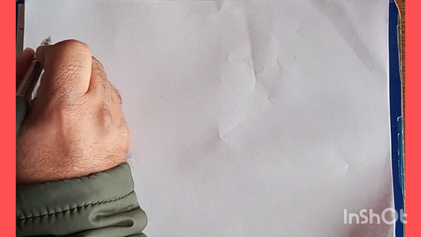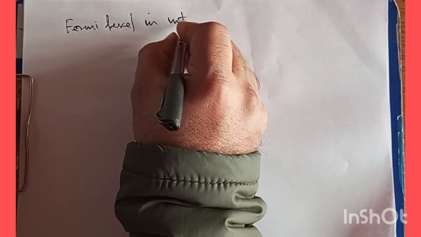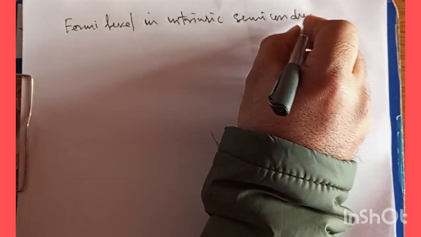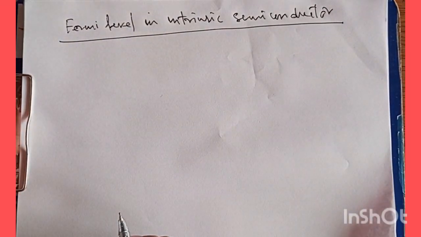So dear students, in this video I would like to discuss the Fermi level in intrinsic semiconductors. So we would like to discuss what could be the most probable position for the Fermi level between the valence band and conduction band of